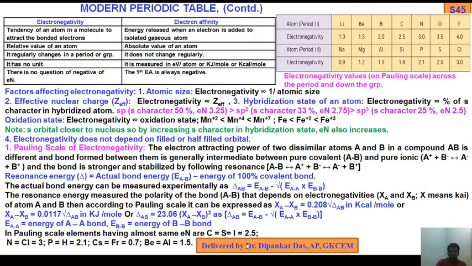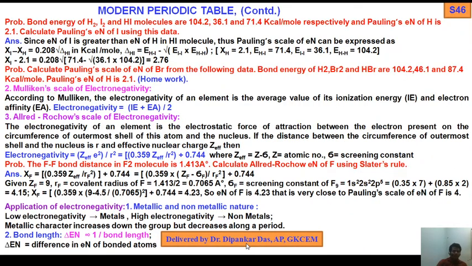So iodine is more electronegative than hydrogen. Since the electronegativity of iodine is greater than that of hydrogen in the HI molecule, the Pauling scale can be expressed as